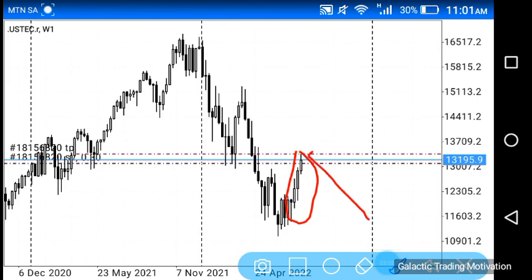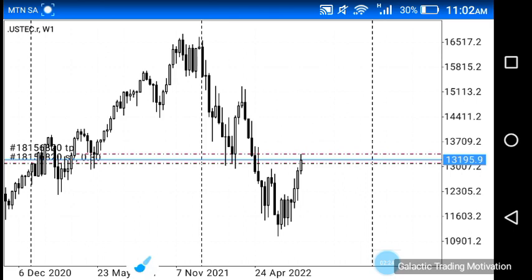Also, to add to that, we're just about at the end of earnings season, and I think we will see less volatility in the market. So that's what I think will happen in the next week, that price will start to move further down, right? Anyway, this is the weekly chart. From here, I'm just going to head to the daily chart. However, before I do so, I'm just going to